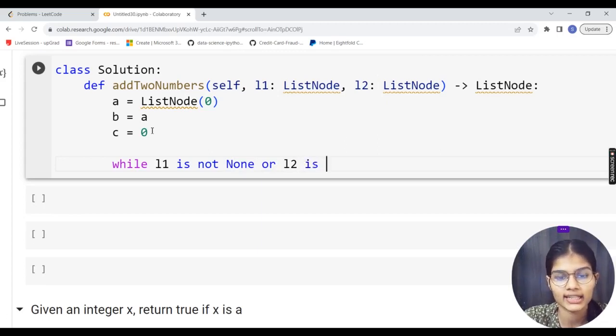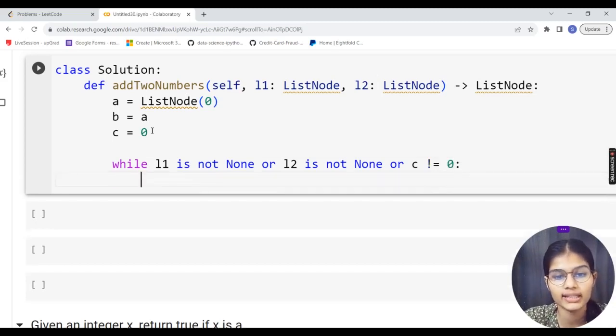So I'm just checking that condition with the operator "is not". So while L1 is not none or L2 is not none, or the C variable which we had named is not equal to 0. If this condition is satisfied, then it will go further.